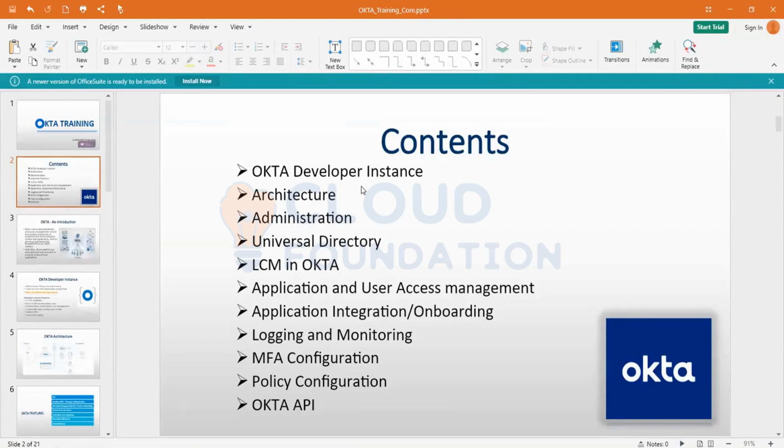We are going to see how that is managed and maintained in Okta. What is the use of Universal Directory in Okta? There is a term called Okta Universal Directory, and we can see how we are going to manage that Okta Universal Directory, how we can manage the schema for